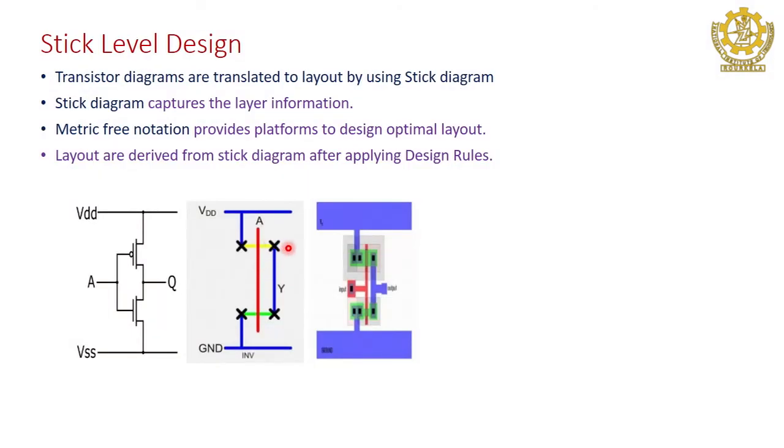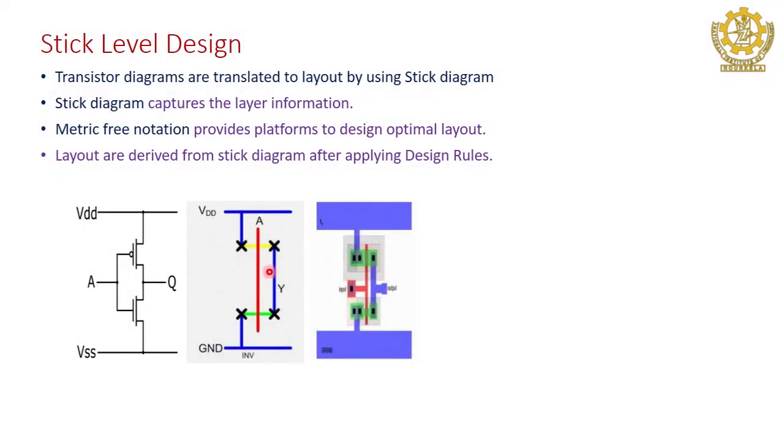So now what happens is when a P diffusion crosses a poly or N diffusion crosses a poly, they respectively form a PMOS or NMOS. For designing this, you need not remember any dimension of the layer. Directly you can represent this in terms of sticks, sometimes in color if you have tools, or in pen and pencil you can do it using monochrome colors, but in that case you have to specify each layer either with dotted or solid lines. Understood? Now VDD and ground connections are all done in blue color. So this is called stick representation.